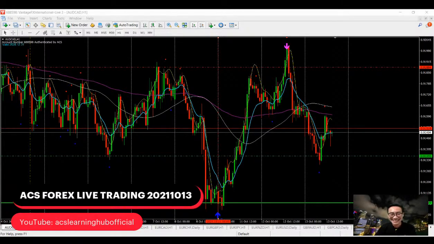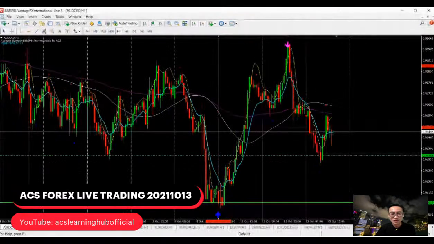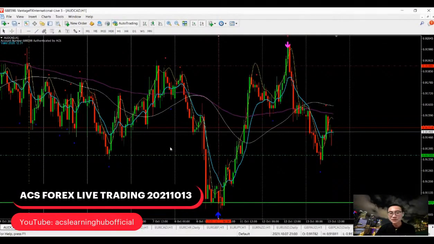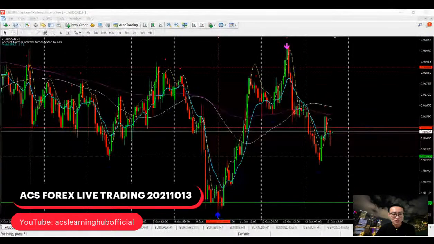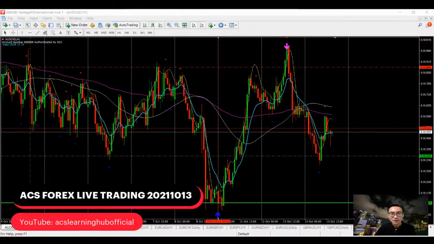Let's see what the movement is over here. Any currency pairs that you are looking at right now? Anyway, we have a high impact news at 2030. This is about the CPI, but I would say that this US CPI will probably not give a lot of impact to the movement, so not so much of a worry.